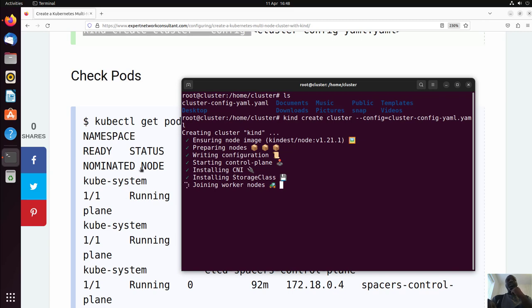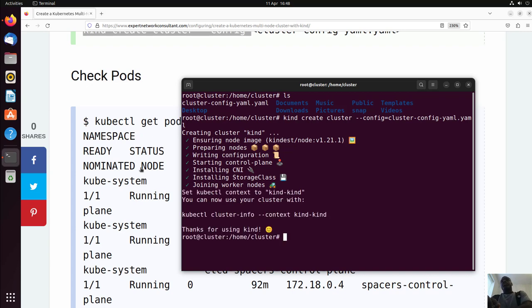So once this is done, we can deploy a sample pod and try and access it. Oh well, hooray, it's done. Okay, so